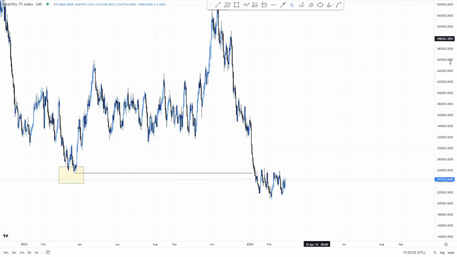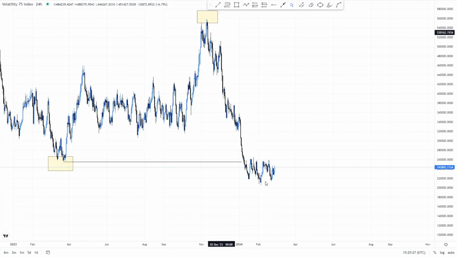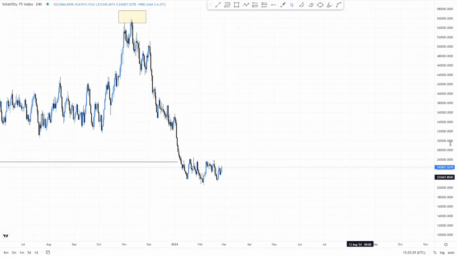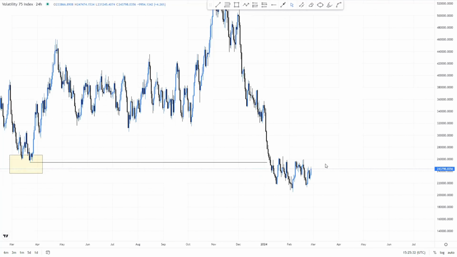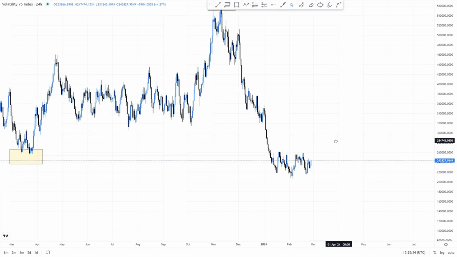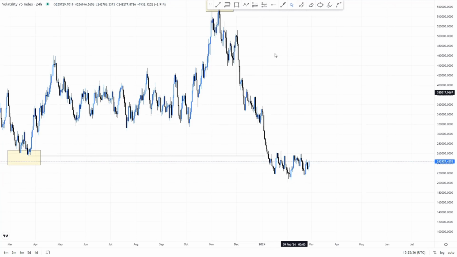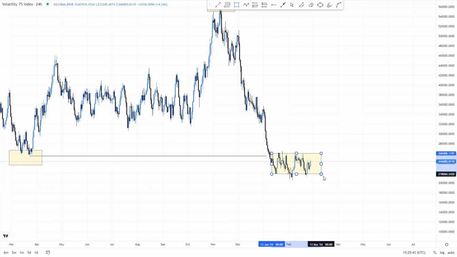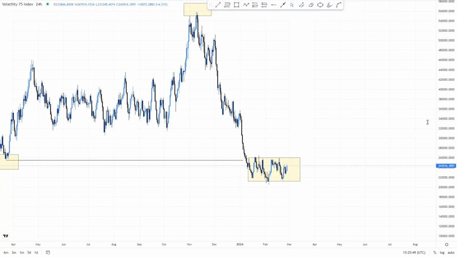What is happening on the internal structure of the daily here? Someone might not see anything that is clear there. Someone might not even see whether the market is going up or down, right? Which is actually not a wrong thing, because that's what you'll be looking at on the daily. It looks like consolidation or whatever. But the most important thing is for you to go on the lower time frames